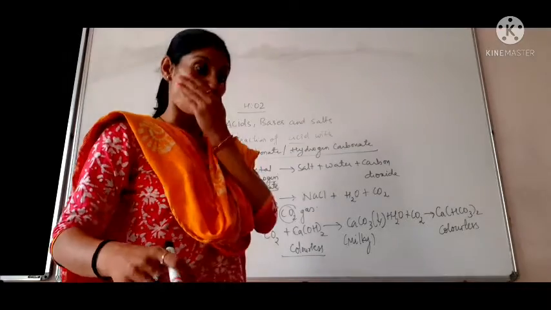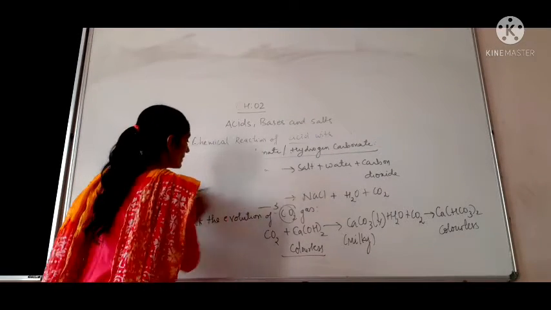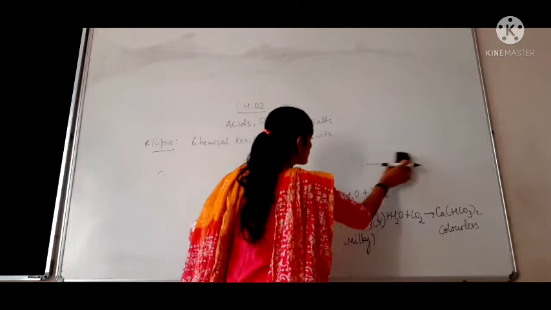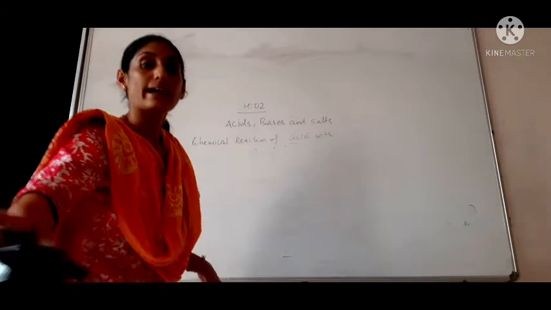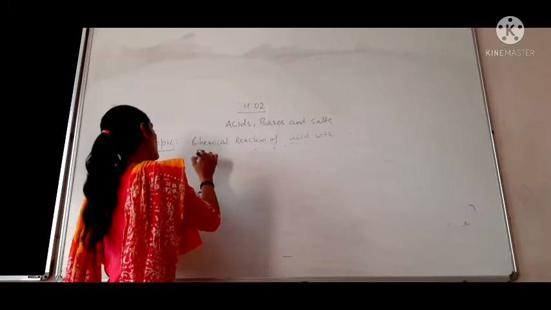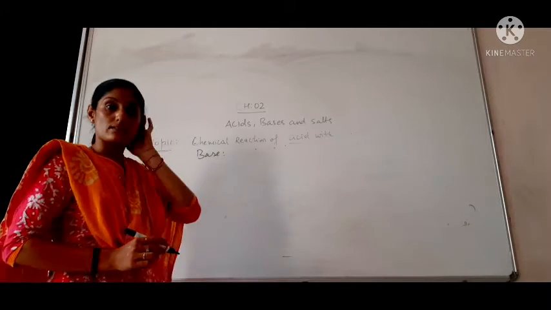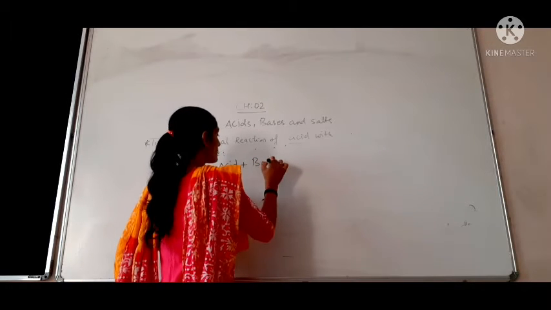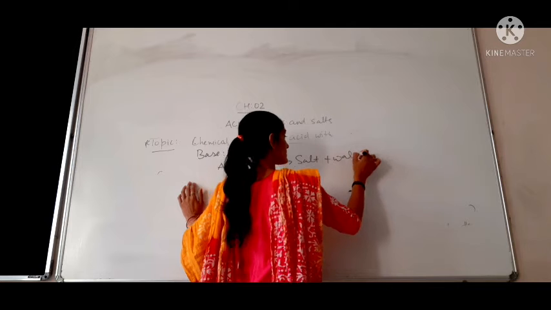Okay, now we learn how acid reacts with base. Children, that reaction we have already learned in the 8th class and 7th class. When acid reacts with base, it always produces salt and water, and that reaction is known as